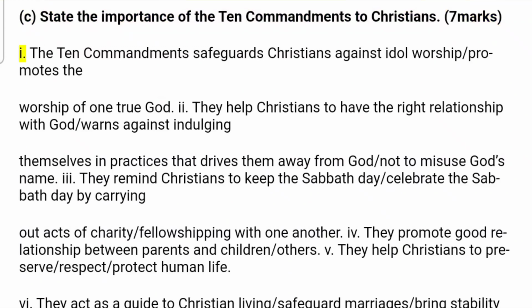7 marks. 1. The Ten Commandments safeguard Christians against idol worship and promote the worship of one true God. 2. They help Christians to have the right relationship with God, and warn against indulging in practices that drive them away from God, and against misusing God's name. 3. They remind Christians to keep the Sabbath day, celebrating it by carrying out acts of charity and fellowshipping